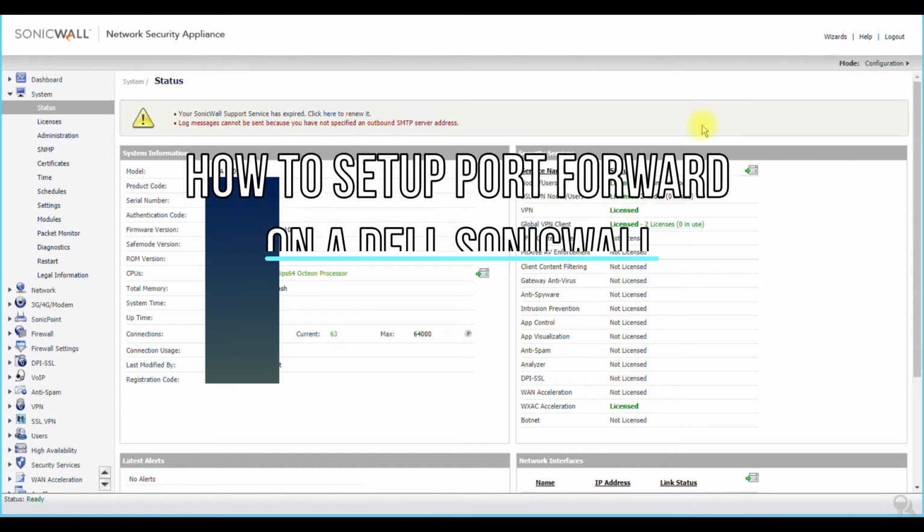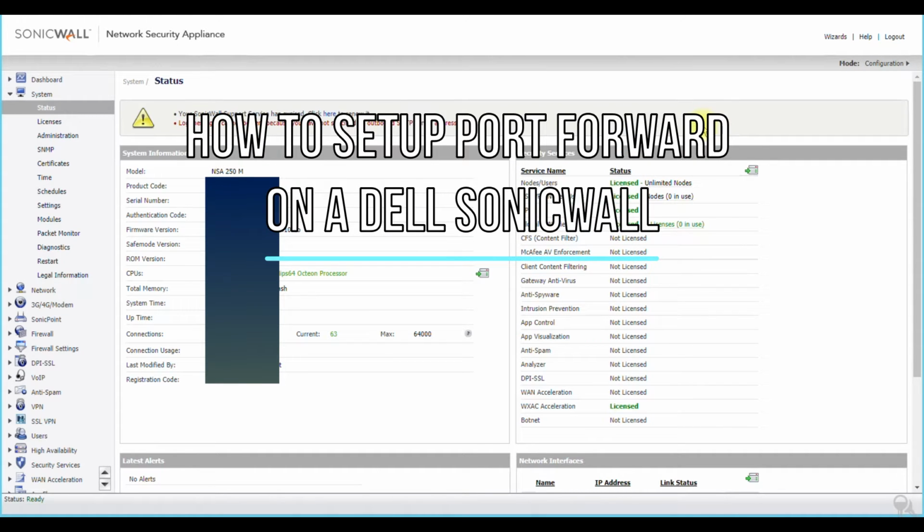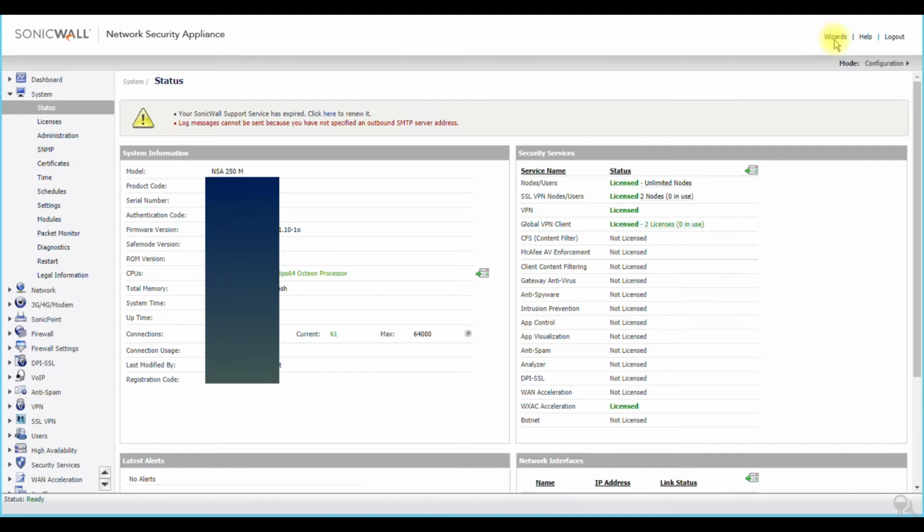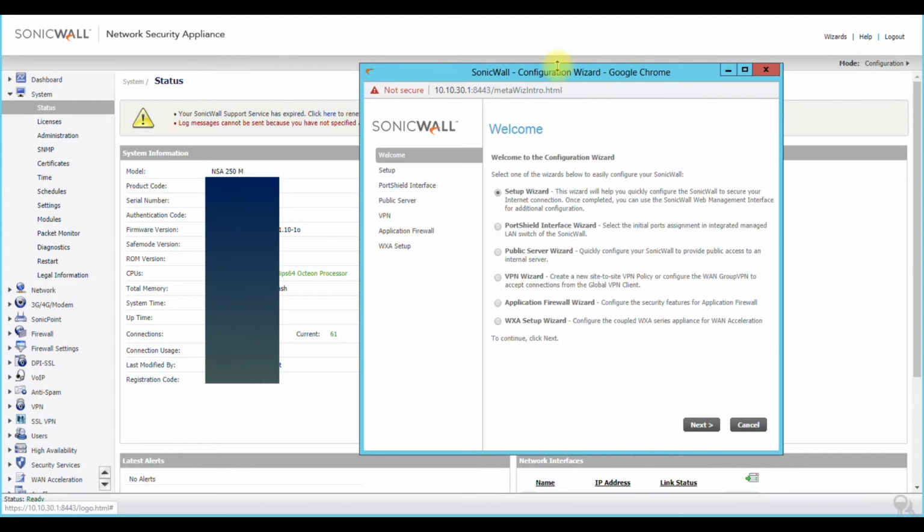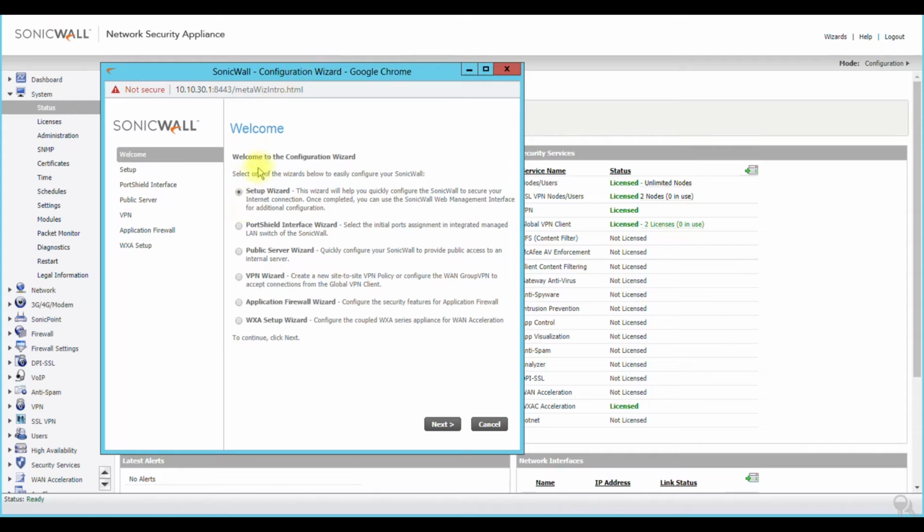Hi guys, today I'm going to be showing you how to do a port forward on a Dell Sonicwall. The easiest way to do this that I find is literally just using the wizard. So if you click on the wizard up here and go to public server wizard, so we're basically, let's say